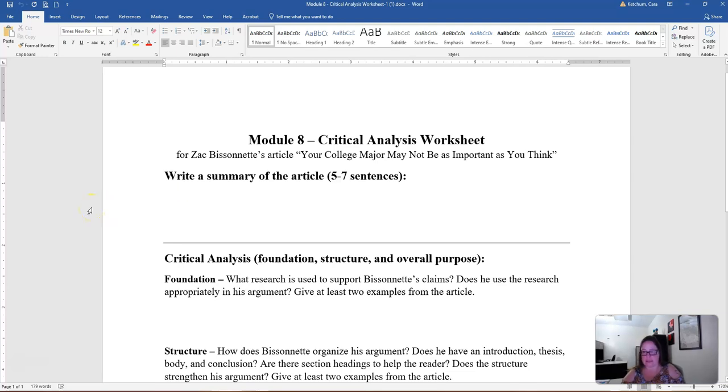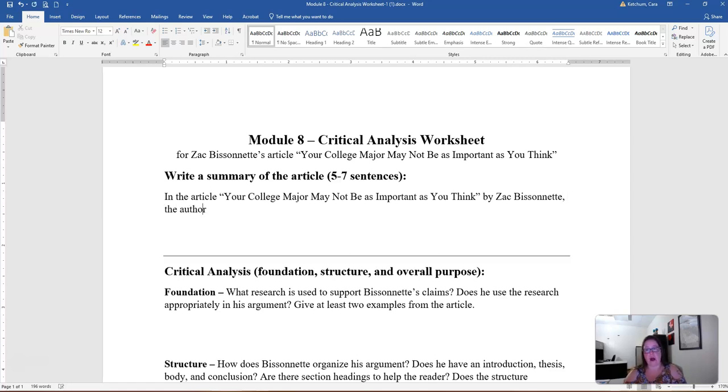Okay, so I'm going to say, in the article, your college major may not be as important as you think. Yes, you're going to write the whole thing out. By Zach Bissonette. I think that's how you say his name. I don't know. In the article, your college major may not be as important as you think, by Zach Bissonette,